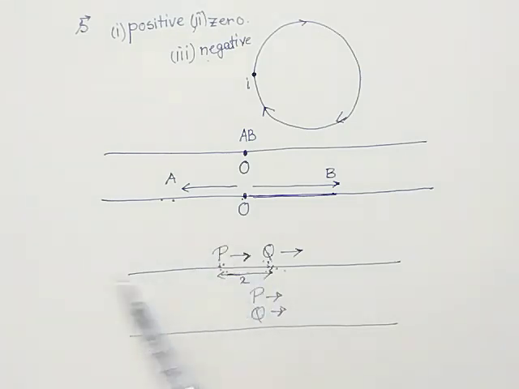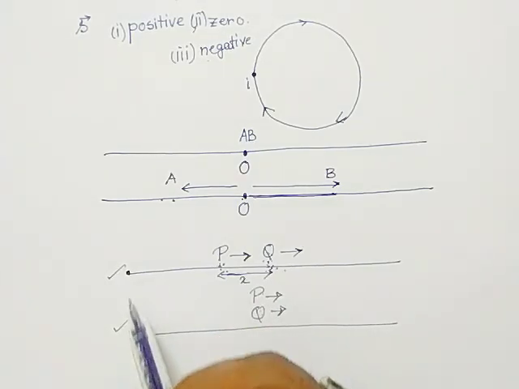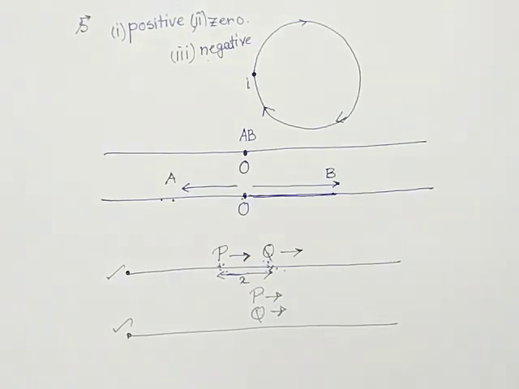Now in this particular type of motion, with P and Q, I have not considered the reference frame at the starting point. I have considered the reference point as either P or Q. So when I think from the point of view of P and Q, it is not the same as the point of view of a person at the starting point.